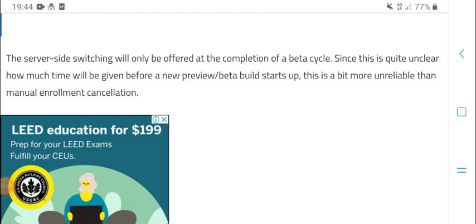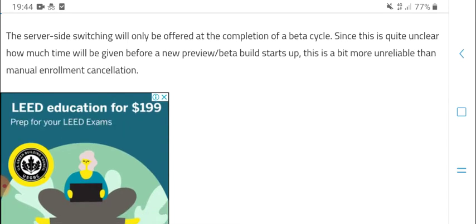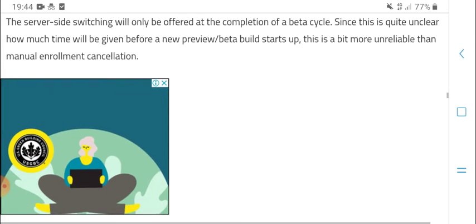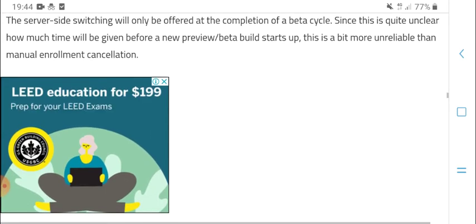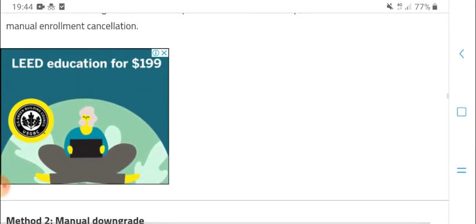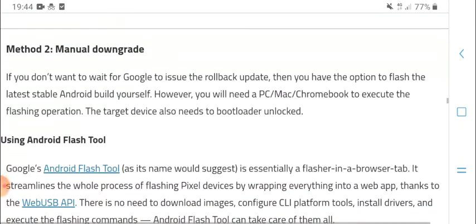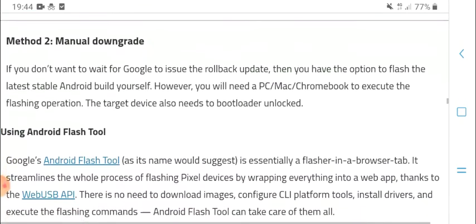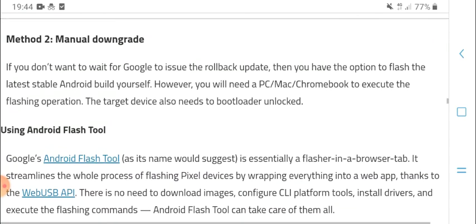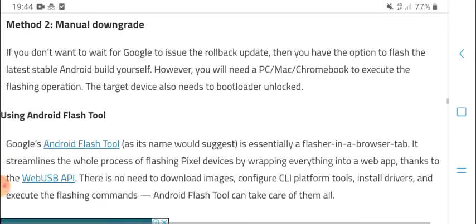This is the server-side shifting and the only offering, so it is hard to understand how much time it will take before the news provides a stable build. Method 2: manual download. If you don't want to wait for Google to issue the OTA update,